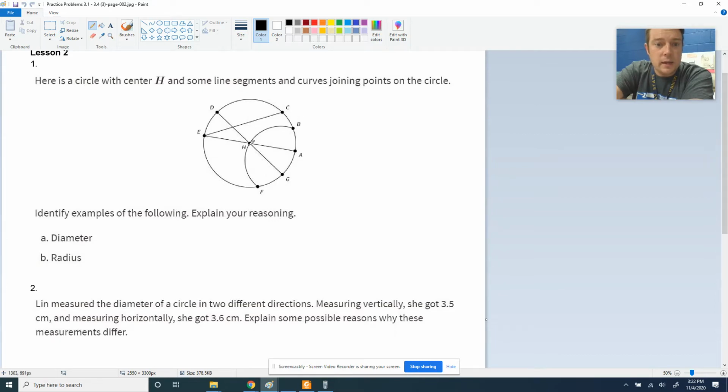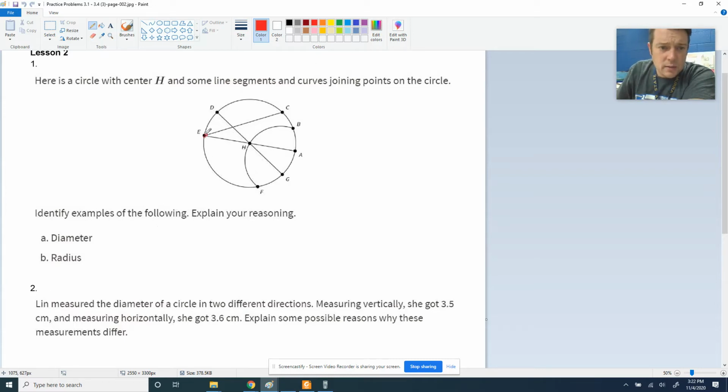We got a circle here, H, labeled by the center. Lots of line segments and curves and distracting numbers or letters that are bouncing around the circle. And we just have to identify some of the things that it asks for. So lots of answers here would actually work. It doesn't have to be the one that I pick. It just has to be one that is correct. So, diameter,